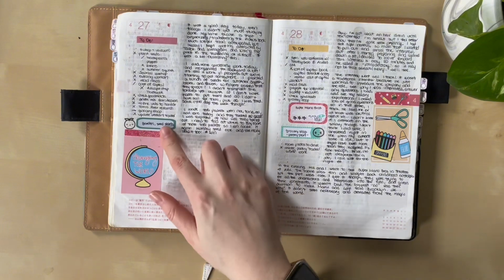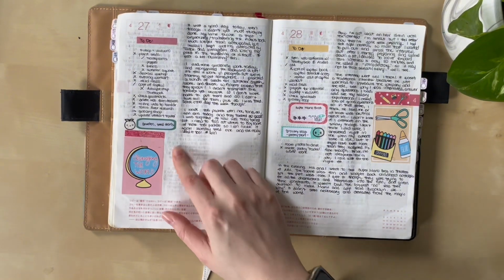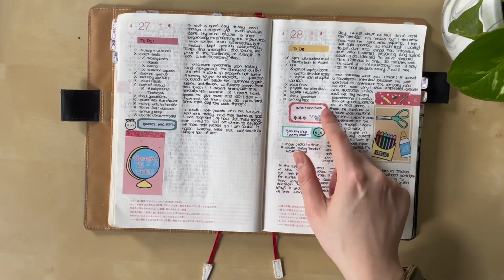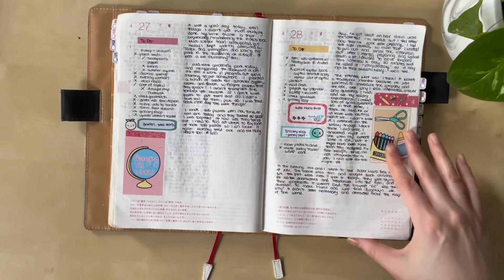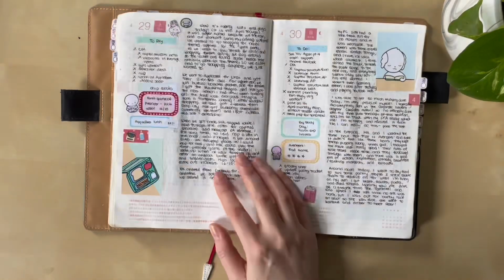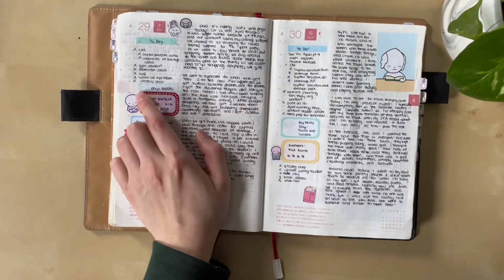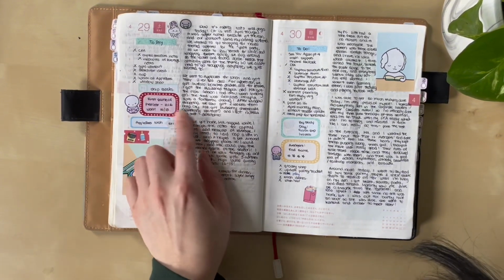On this day, it looks like I started my seeds for the garden, which is fun. And on the 28th, I went to watch Super Mario Bros. with my boyfriend, and I gave it 3 out of 5 stars. And here we went to Applebee's and Chip Cookies. And then